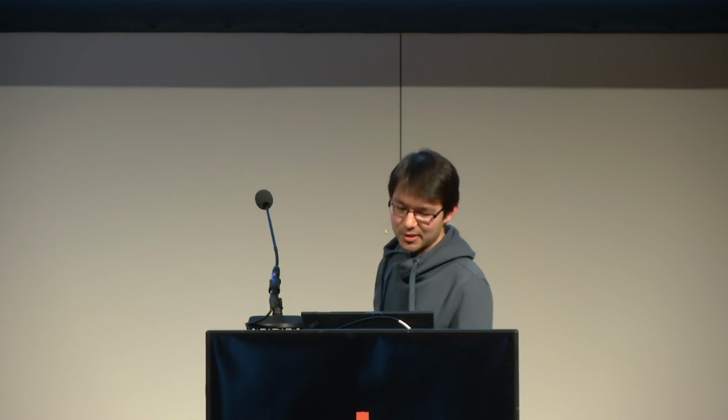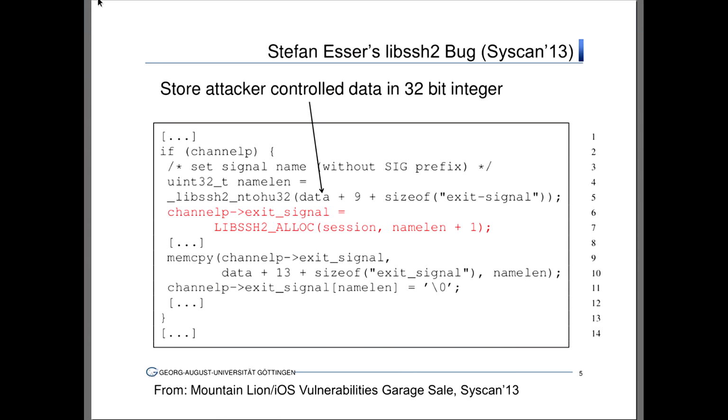As you see, there's this 32-bit wide variable called nameLen, and it's produced by taking this pointer data and converting from network byte to host byte order. That tells you this data is probably attacker controlled because it comes from a network, and you would not be converting from network to host byte order if it didn't come from a network. Now, what happens next